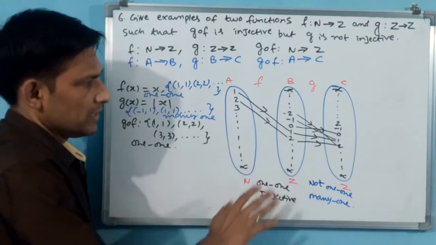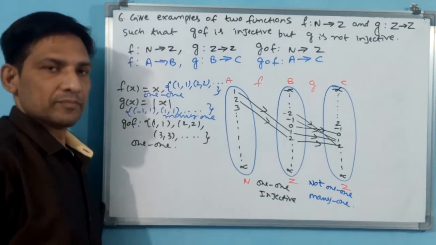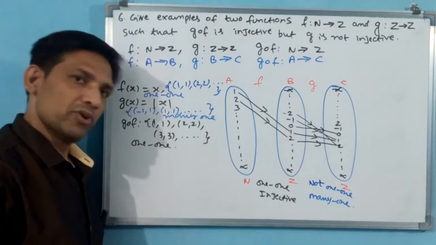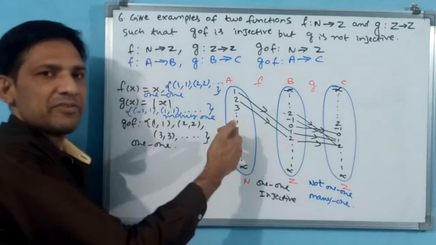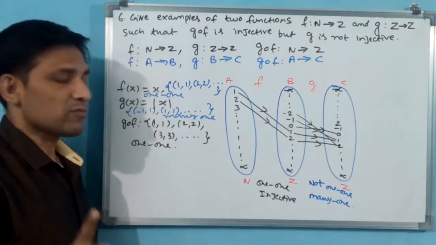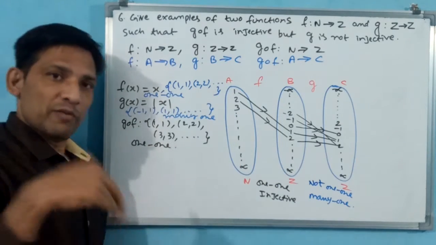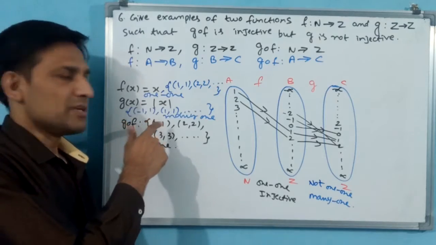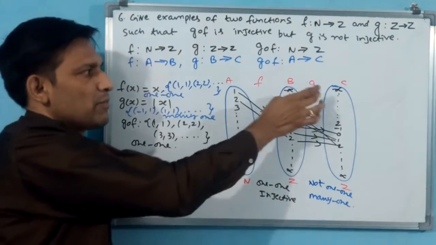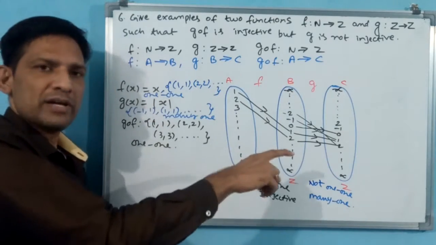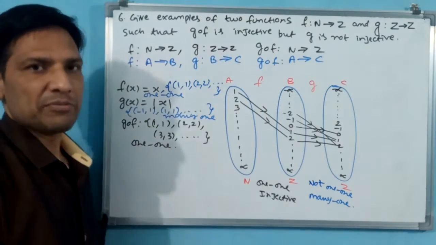What about g o f? g o f is also one-one. Why? Because f is 1, 1 means automatically it will take only one element. That means what I want to say, even if you forgot modulus x in your examination, x square also you can write here. You try by putting x square for g, that is also one option.